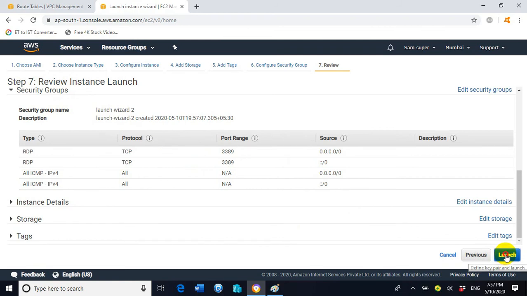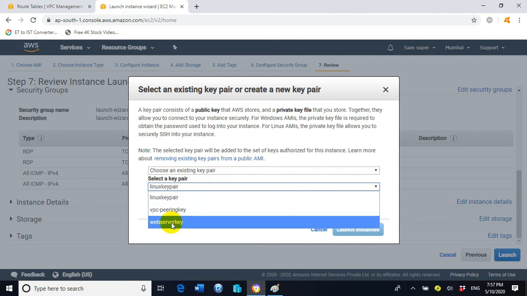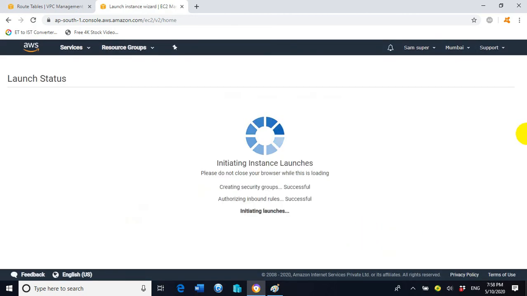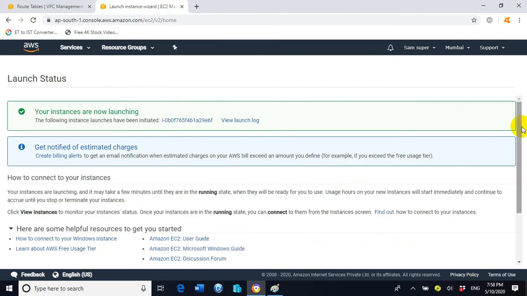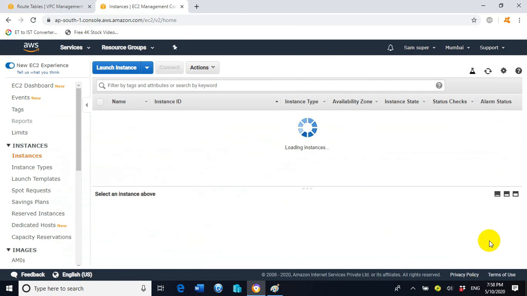Now click on launch. Here I will choose an existing key pair. I select web server key, check the option, I acknowledge. Now click on launch instances. Click on view instances.